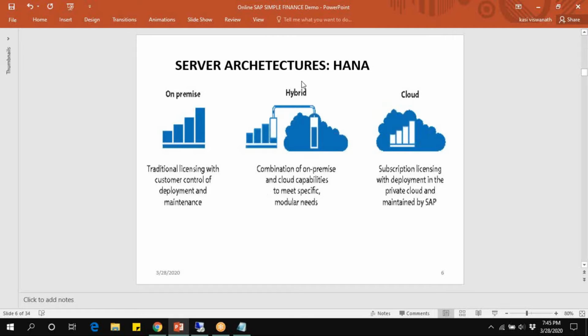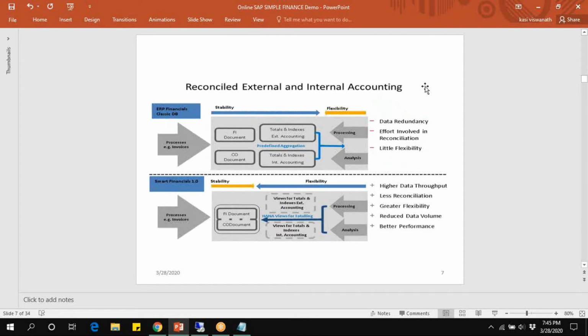So what is the active principle of hybrid deployment? First, reconcile external and internal accounting. In ECC, the finance document is there, the controlling document is there. In finance, we have total and index tables of external accounting. In controlling, total and index tables of internal accounting.